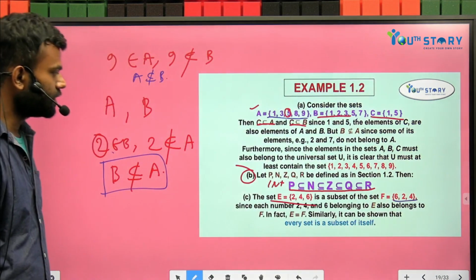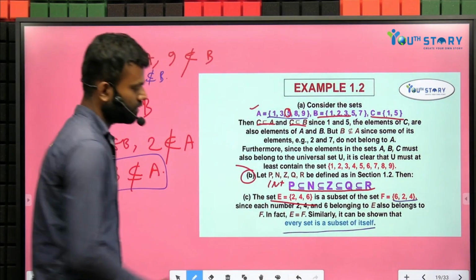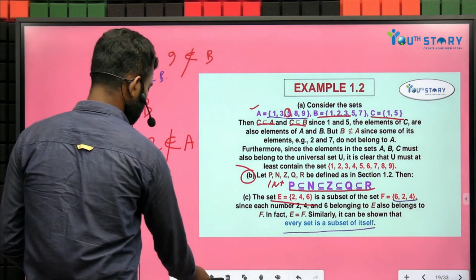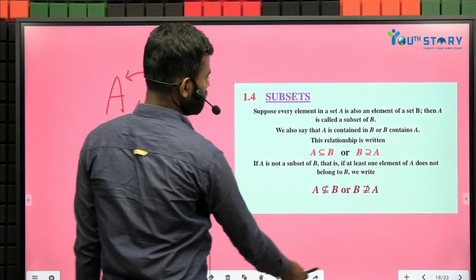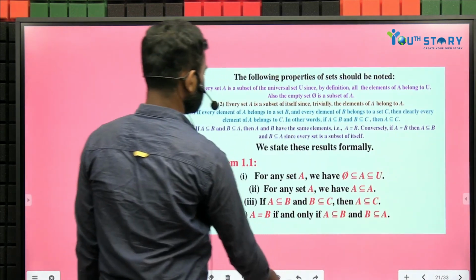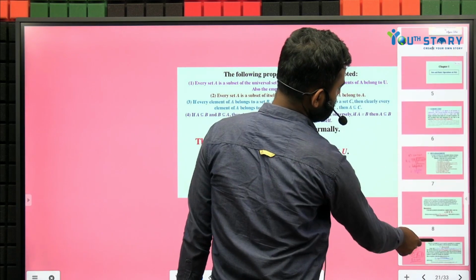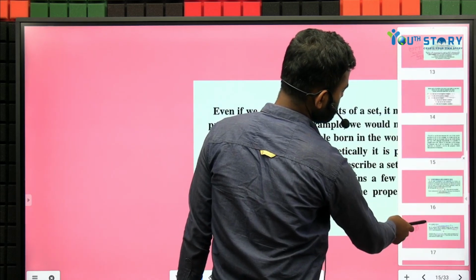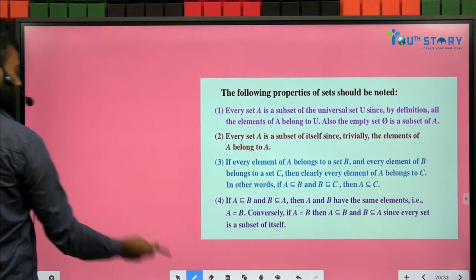They are basically the same, they have the same number of elements, and the crucial point: every set is a subset of itself. Since if we consider any set A,